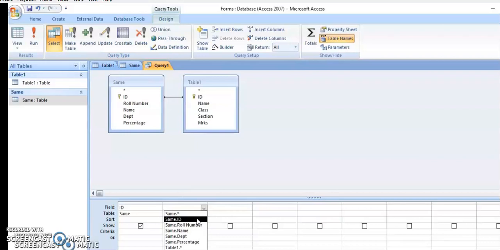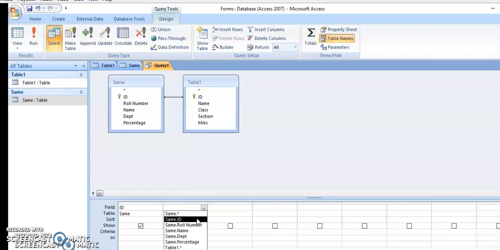Show means it displays a check mark, like you can put a tick. If you put the tick, it will be shown. If you press it once again, it will not be shown. So it is similar to a checkbox, as we call it. It decides whether it shows during the run time. If you want to hide some particular row or column, you can do that.